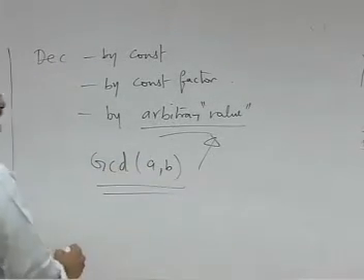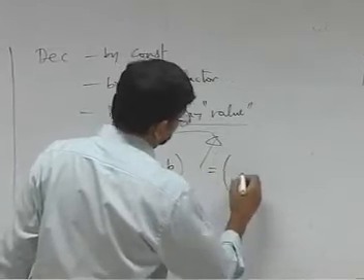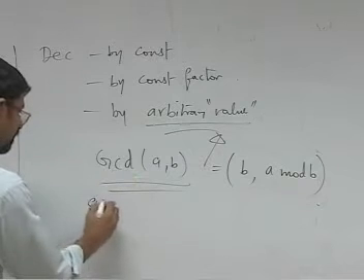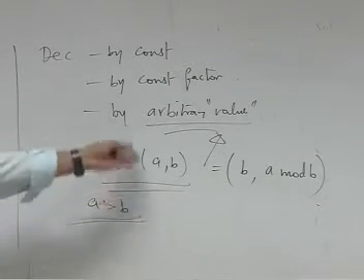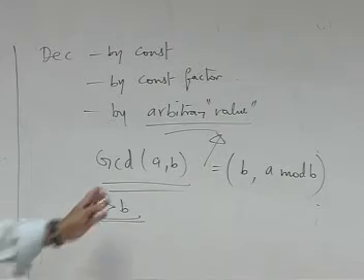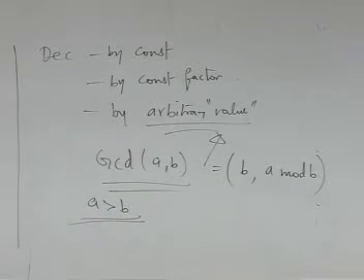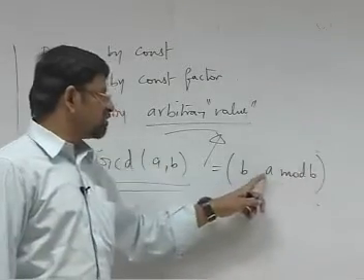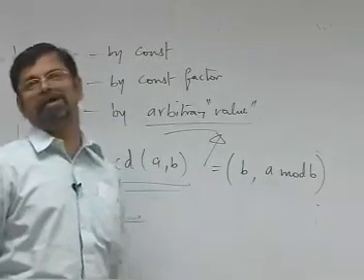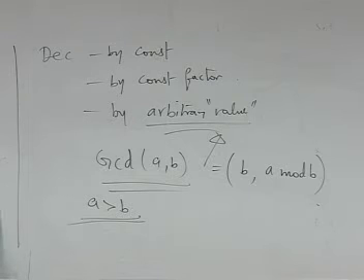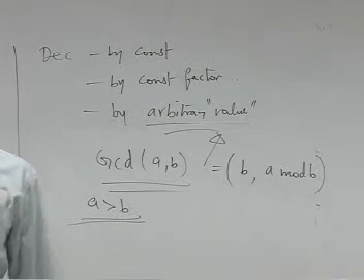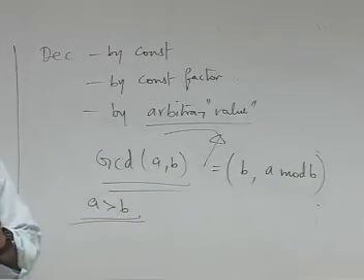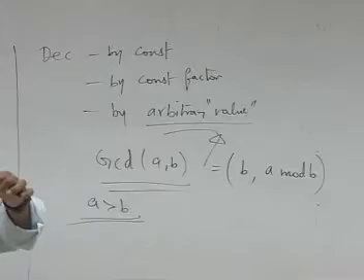The GCD of two numbers A and B is the same as GCD of B, A mod B. Given that A is strictly larger than B, if A equals B, GCD of A, B is A, the greatest common divisor. Otherwise, the first component is reduced, and the second component is also reduced. When you say A mod B, it is the remainder when you divide a number by B. When you divide by B, the remainder will certainly be less than B. Therefore, the second component is small, and the first component is also small. So, from a larger one, it becomes smaller and smaller and smaller.